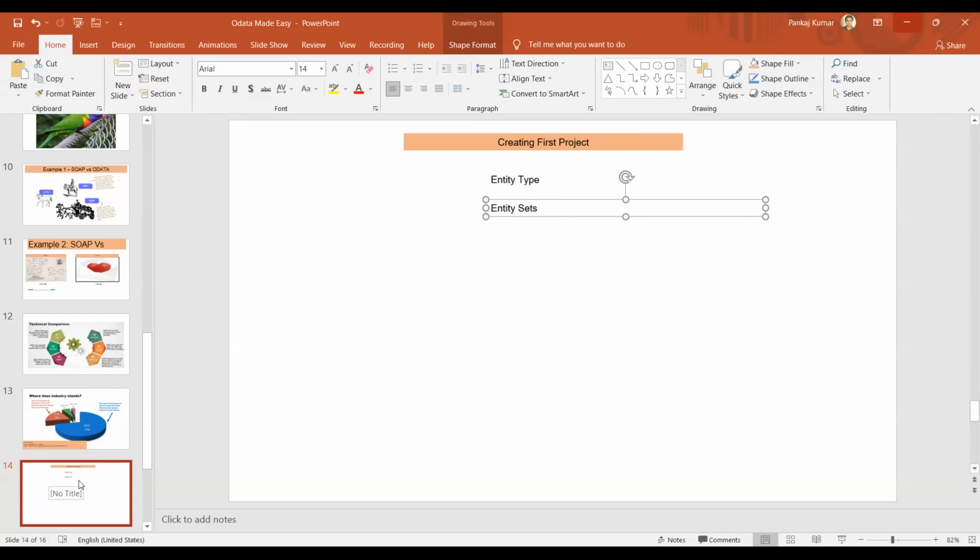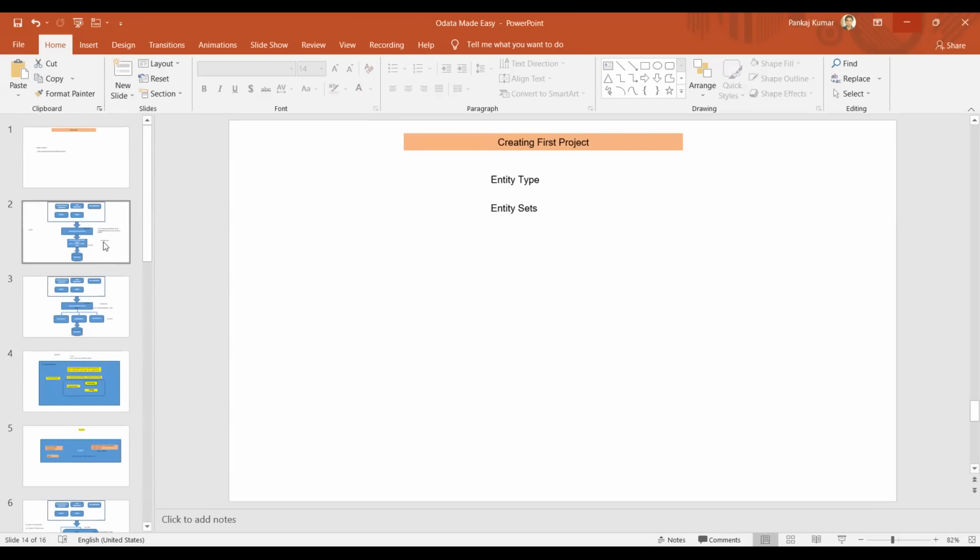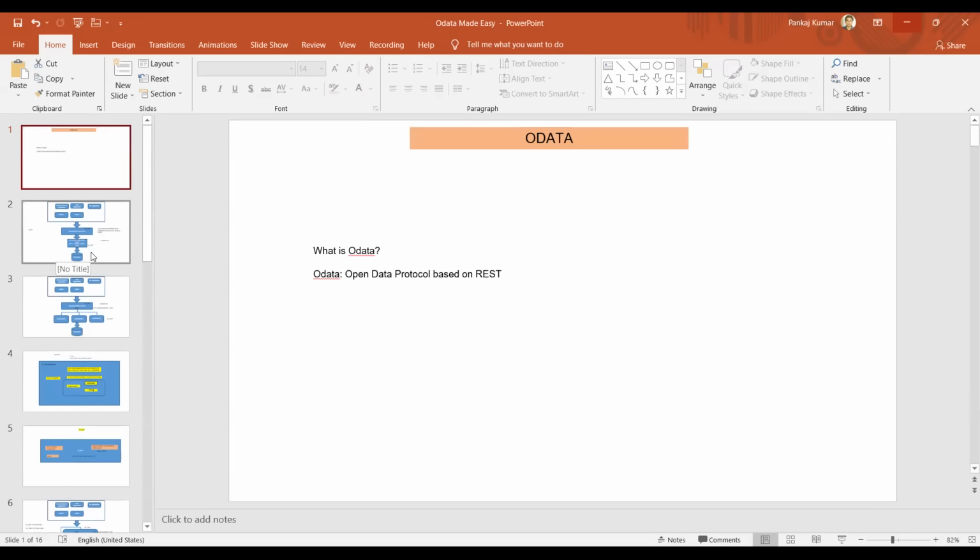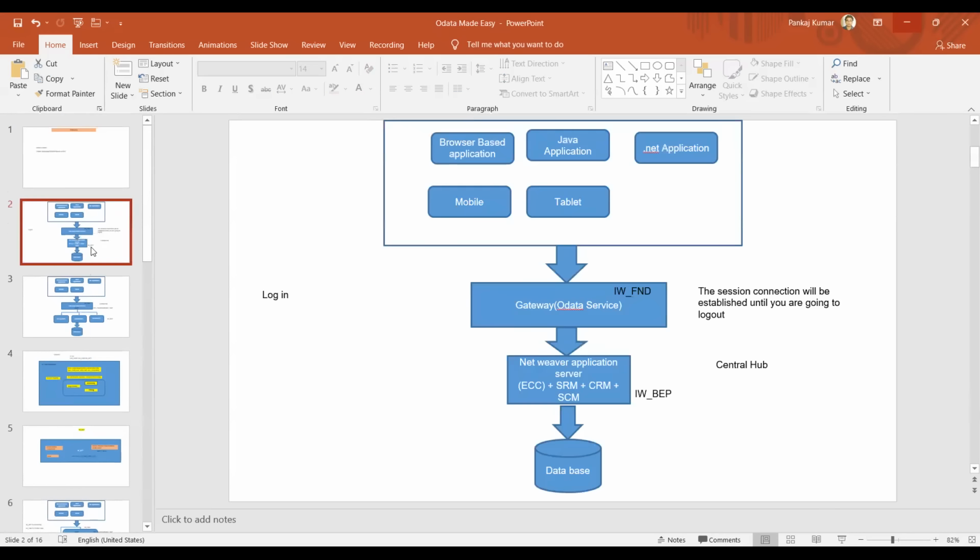But before going ahead, let's have a quick recap of what we have done in our last class, so that it will be easy for us to connect. In the last class, we saw what OData is. Then we have seen that